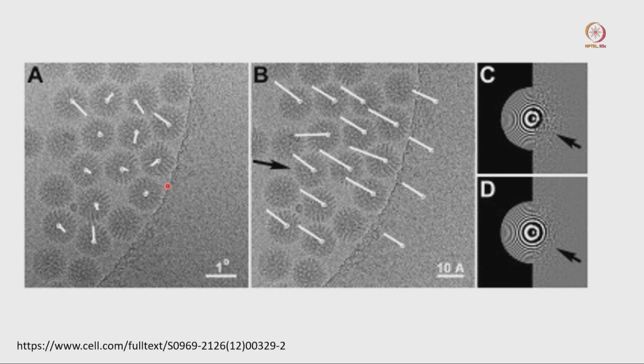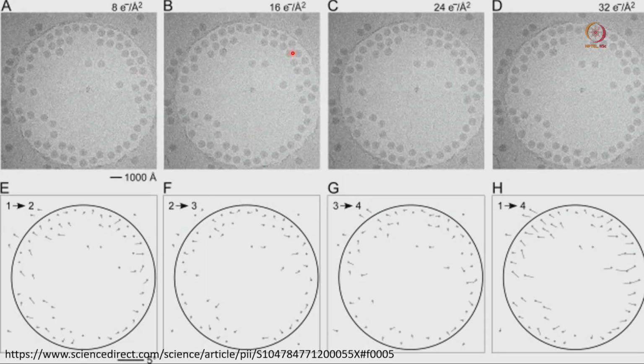Now, if you just focus at the high mag, you can see what I was trying to explain. These are the virus particles. This is the carbon area. This is the same image, and we are targeting one particular area. This is the carbon area, as I mentioned, and this is the hole where